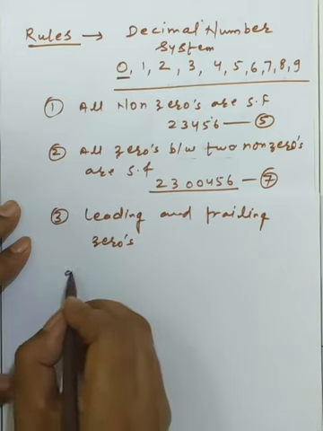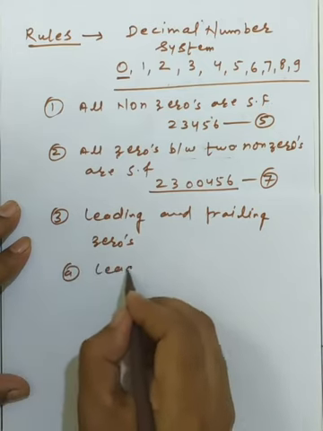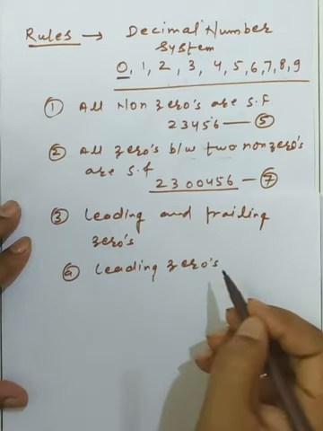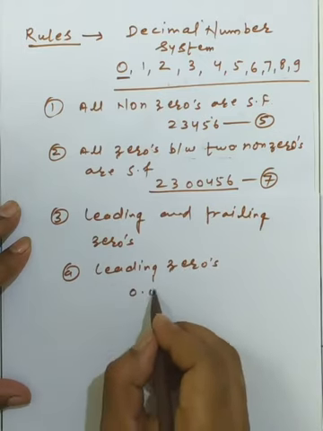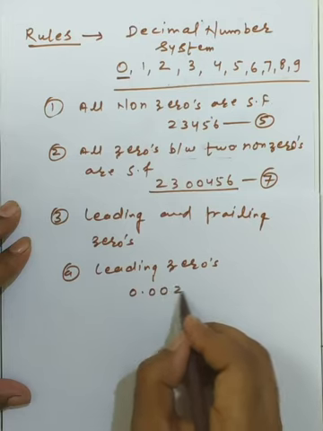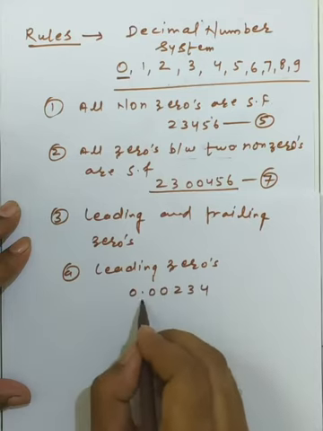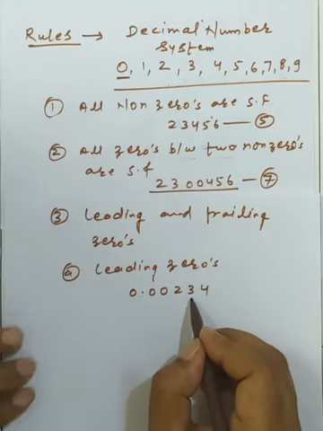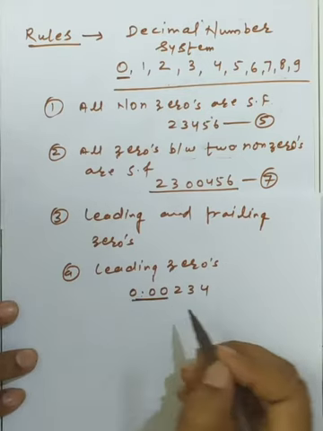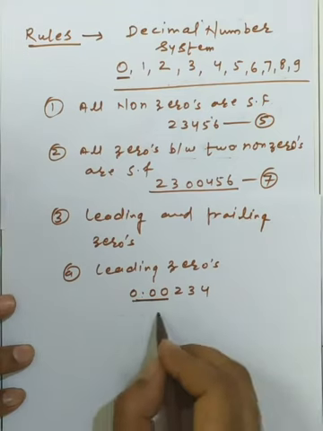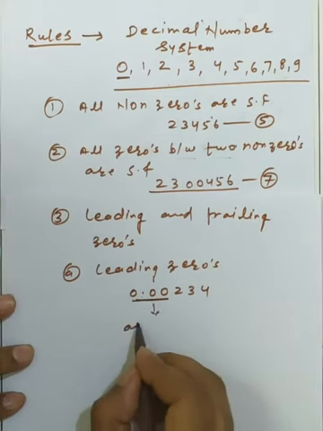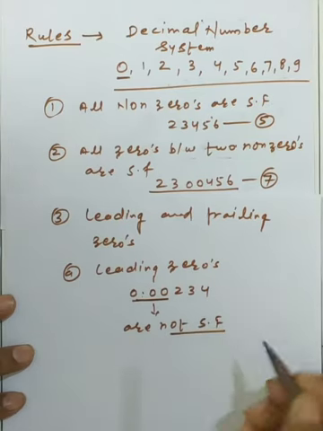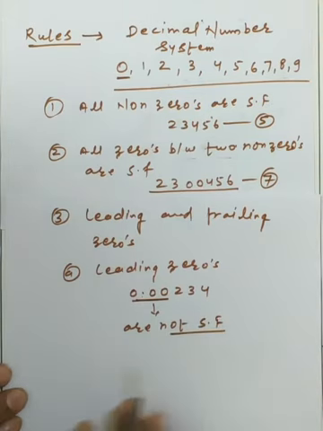Okay, first I am talking about the leading zeros. What is the identification of these zeros in a number? Suppose I take the number 0, 0, 2, 3, 4. The zeros just after the decimal, on the left-hand side of the non-zeros, are the leading zeros. Generally these are not SF. These leading zeros are not included in the significant figures. They can't play the role of significant figures.